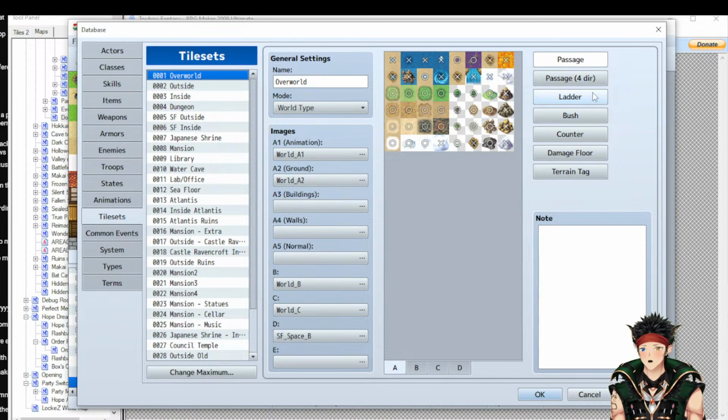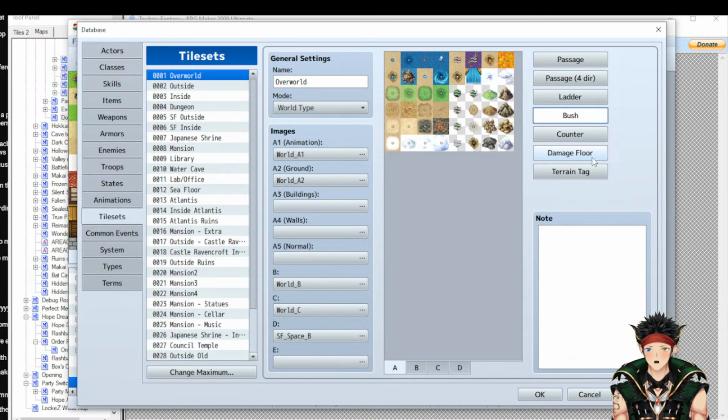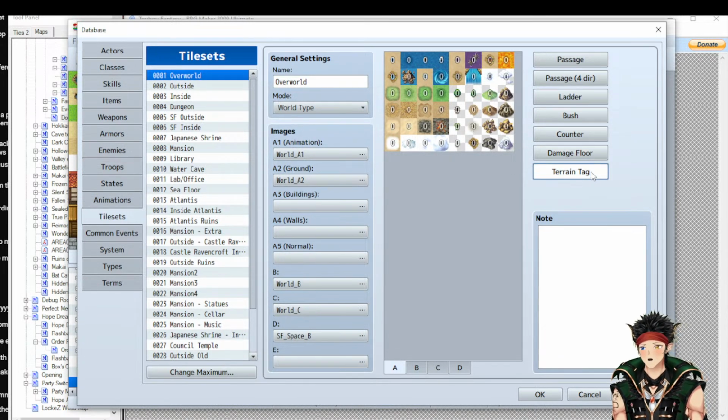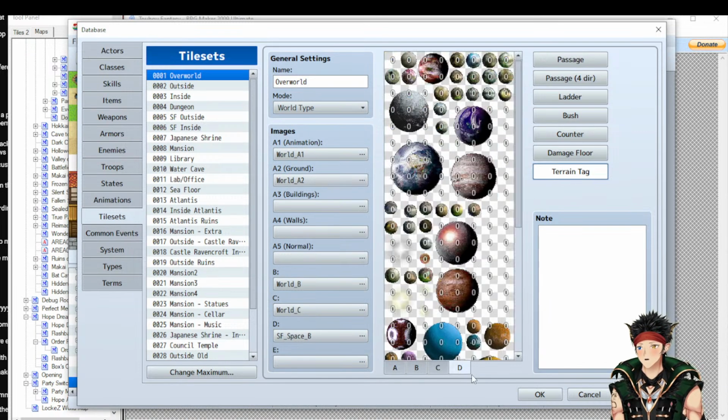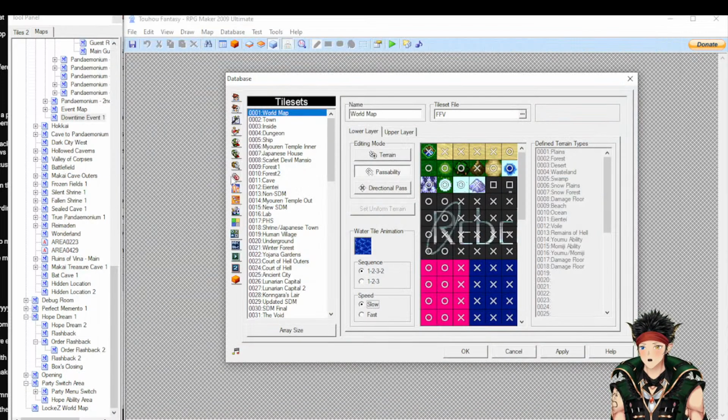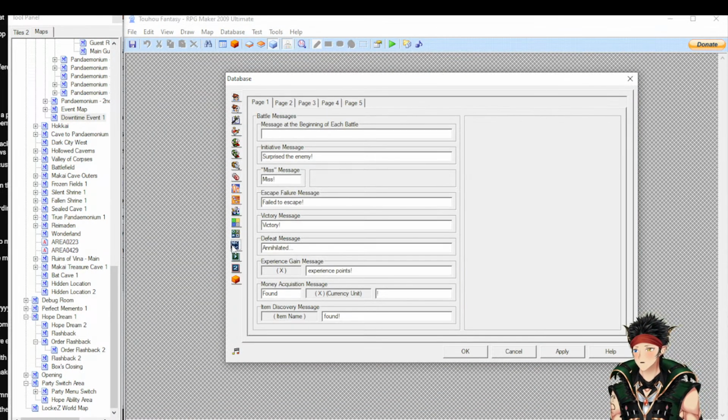Which gives you the ladder, bushes, damage floor, the terrain tag. You have multiple terrains you can use. Multiple tile sets you can use. And you can do JavaScript. That's always a plus. And then here's all of the stuff that you can do for messages, like, hey, at